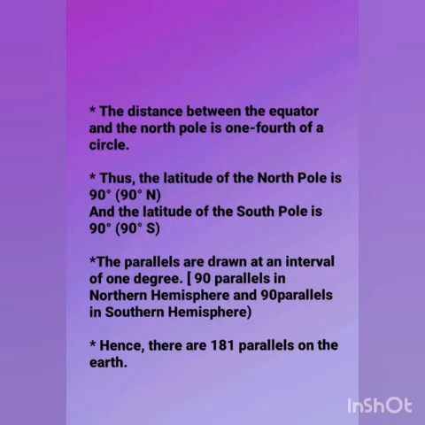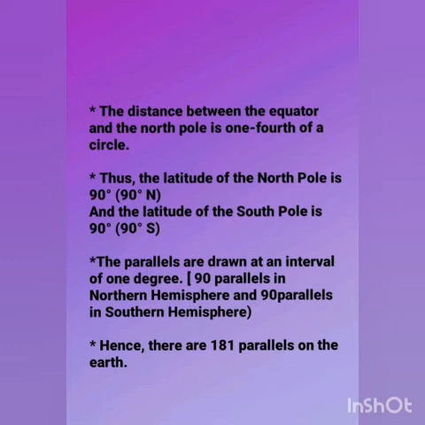Now whenever we write the latitude of a place, the letter N or S is always added to the angular distance. For example, for any place located at 10 degrees, we will check in which hemisphere it is located. If it is located in the northern hemisphere, we will denote it as 10 degree north. If it is located in the southern hemisphere, we will denote it as 10 degree south. So this letter indicates whether the place is in the northern or southern hemisphere.